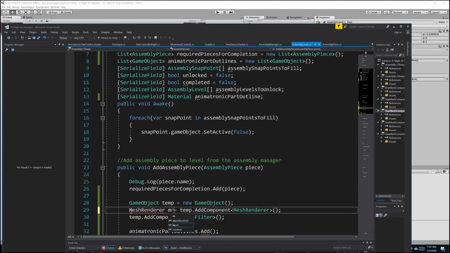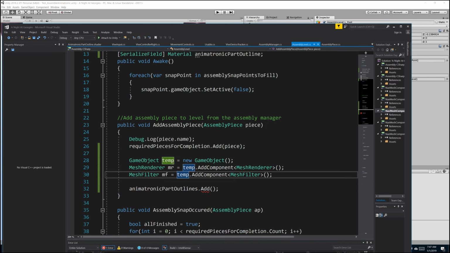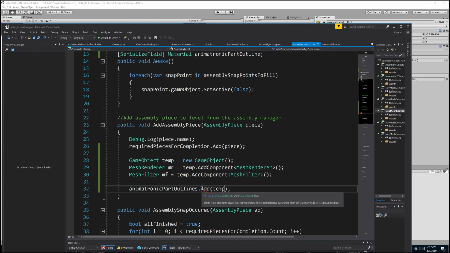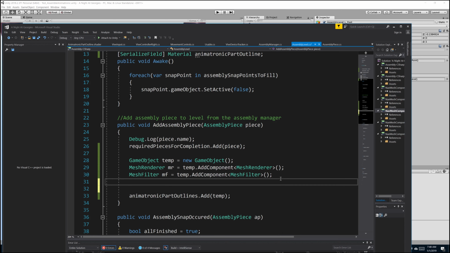Let's just do MR and mesh filter MF. And of course, we're going to add temp to our list. Before we do that, we want to grab the assembly piece's mesh filter and copy that mesh over for our new one. So let's do